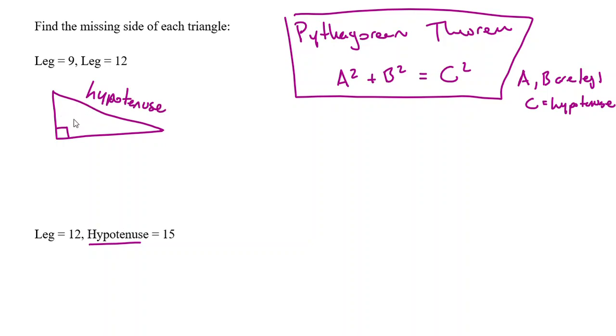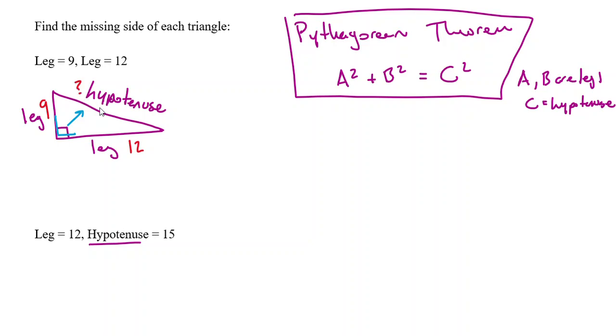It's across from the right angle. So we have a right angle here. Across from that is the hypotenuse. And then the other two sides are called legs. This is a leg, and this is a leg. Now, in this question, we were given the two legs. We said one of the legs is 9, and one of the legs is 12, and the question is, what